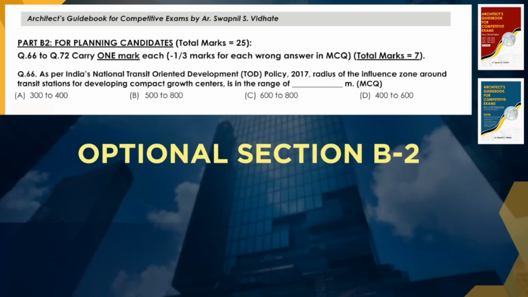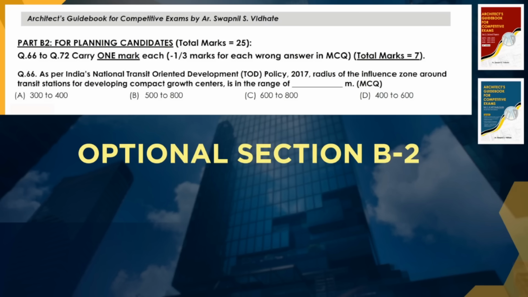Similar to section B1, this part B2 contains 16 questions. The first 7 questions carry 1 mark each, and the remaining 9 questions carry 2 marks each. So this section has a total weightage of 25 marks. Questions 66 to 72 carry 1 mark each, with negative marking of one third in case of a